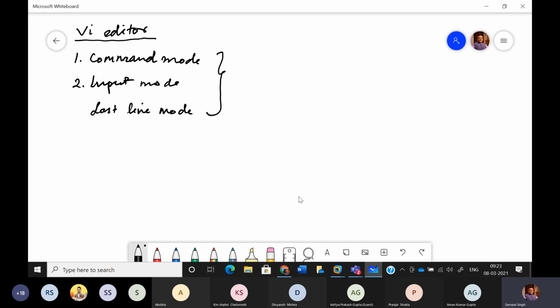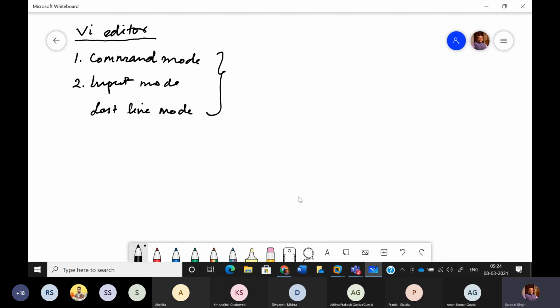When they work as commands and when they work as simple characters for typing depends on which mode the editor is currently in. By default, when you start the VI editor, it remains in command mode. During command mode, every character has a different operation associated with it. For example, A stands for append and I stands for insertion. A will become an ordinary A only when you move from command mode to input mode, which is basically a typing mode. In order to type anything, you have to come to input mode.